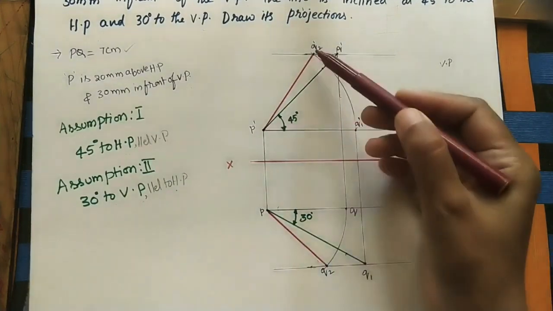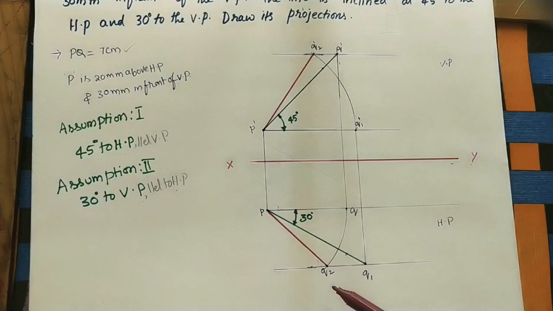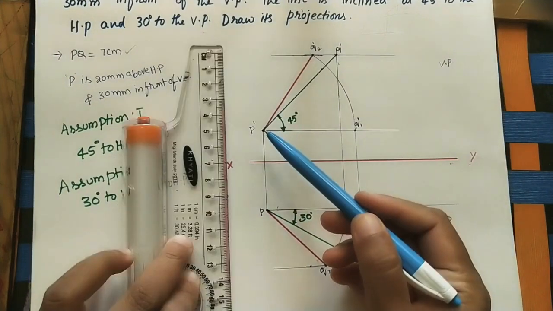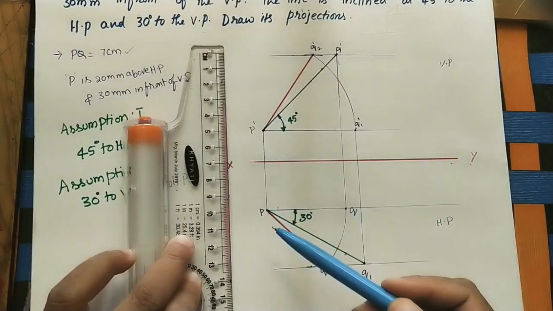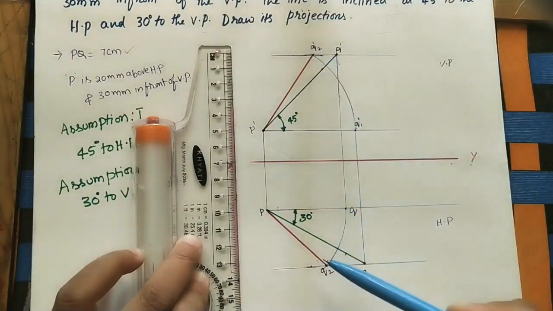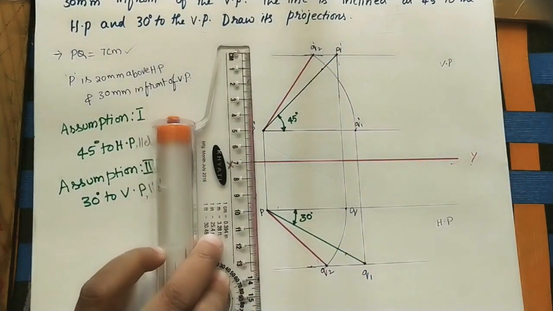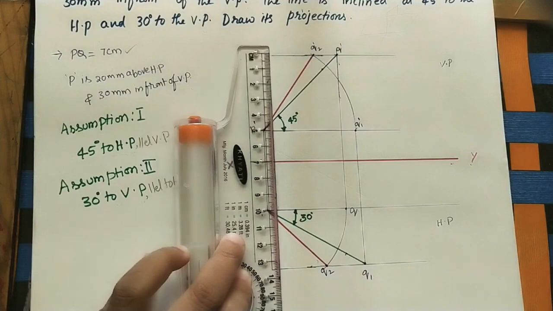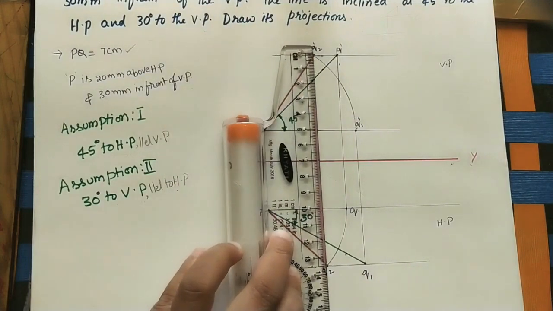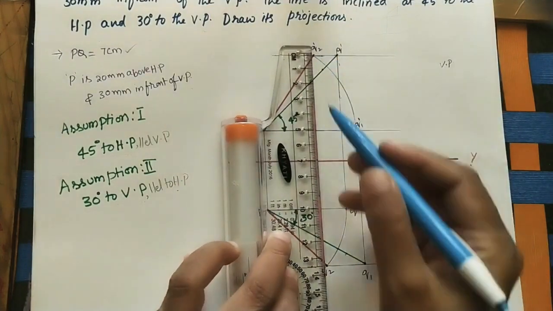Okay, P dash Q2 dash is the final front view. P Q2 is the final top view. Here the front view and top view points come on the same line, it is called the projector line. Check whether Q2 dash and Q2 are coming on the same line or not. This initial line we took as a reference. Just tilt the scale up to Q2 dash. See here, both points are coming on the same line.